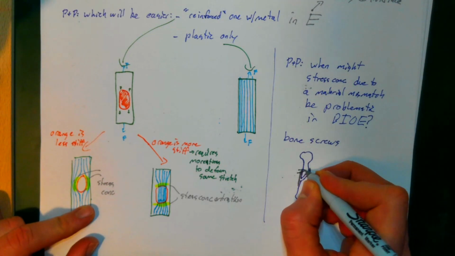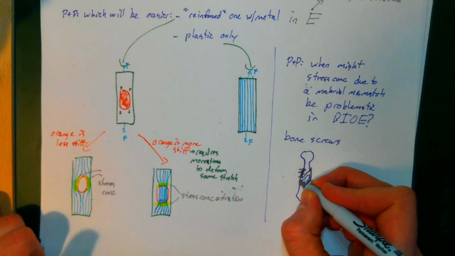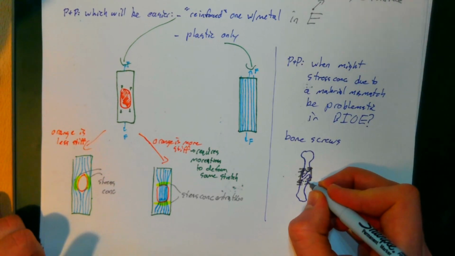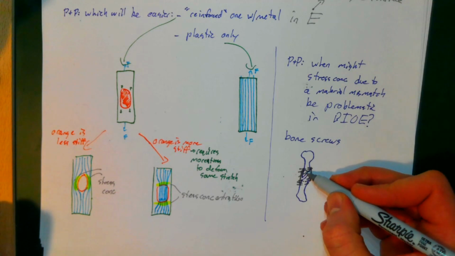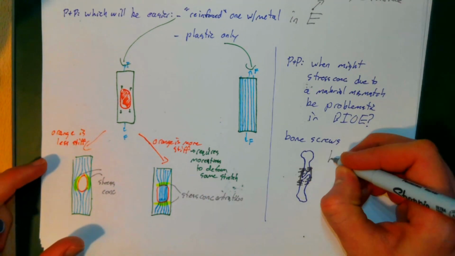And then they'll put screws through holes in the plate to anchor the plate against the bone. So they'll put screws through the plates and do that. But